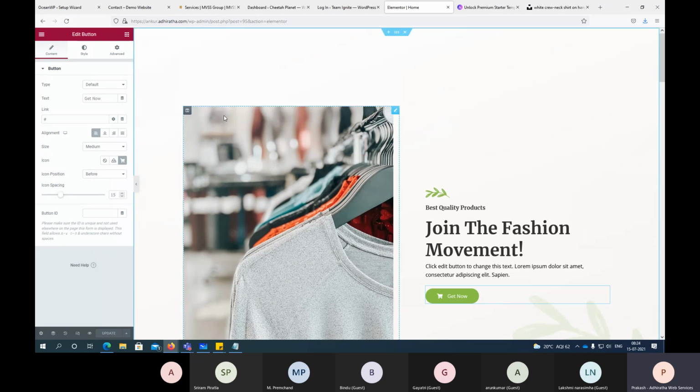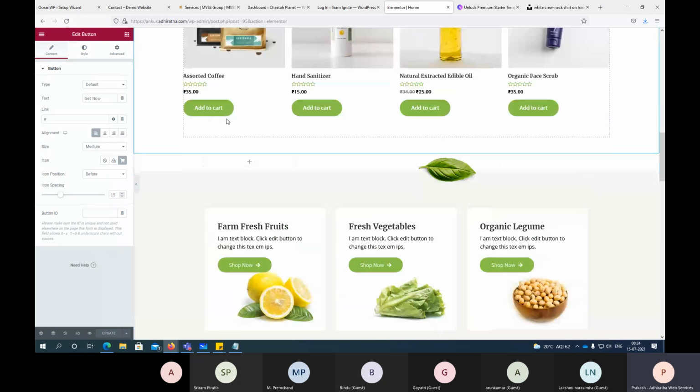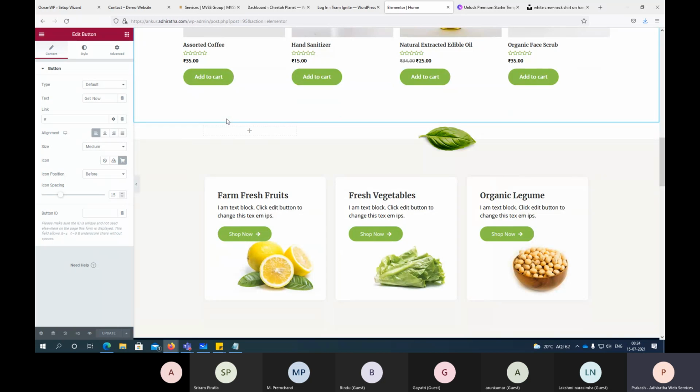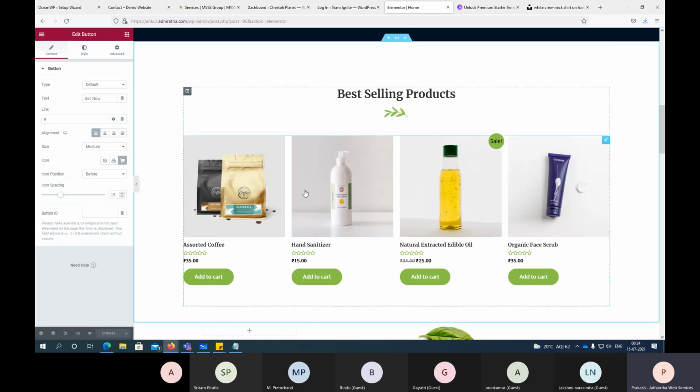So Bindu also asked a question. What if, when you're doing these changes, it doesn't look good for the customer to see? This is actually having shampoo or hand sanitizer, these things are there, but what you intend to launch is a clothing website.